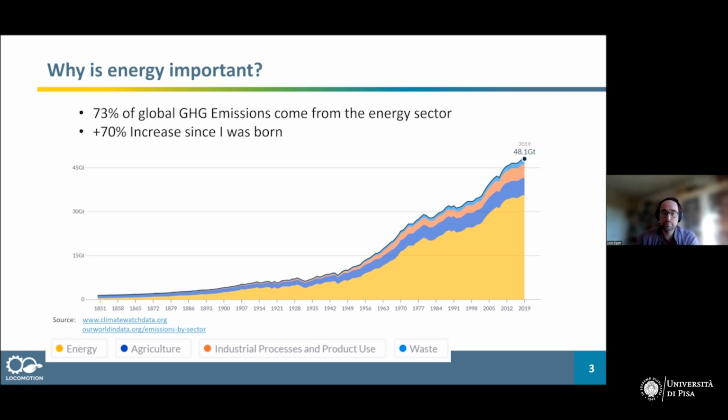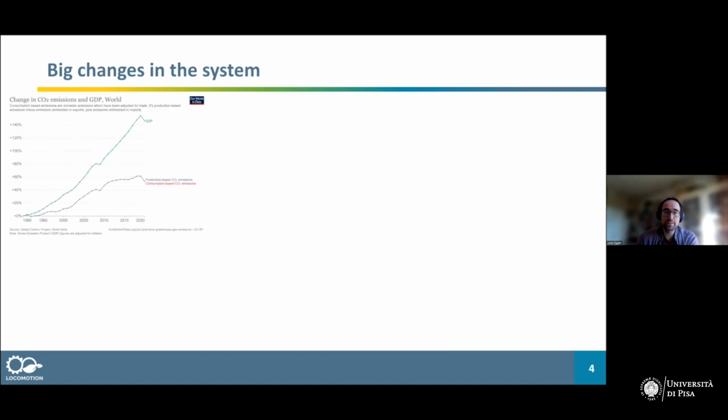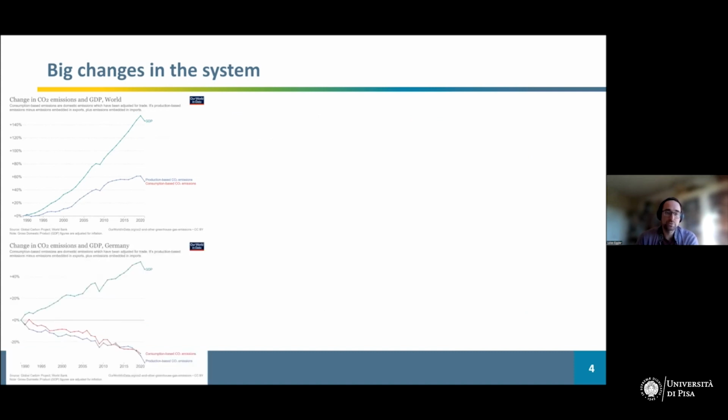And there's even more dynamic in the system. I mean, lately there's a certain degree of decoupling that we see. So relative decoupling, which means that GDP grows faster than greenhouse gas emissions grow. In some countries, even absolute decoupling. So GDP grows, but emissions reduce. So this is what proponents of green growth are really happy about, and they want to see absolute decoupling in all countries. But